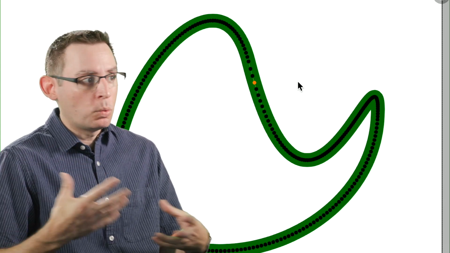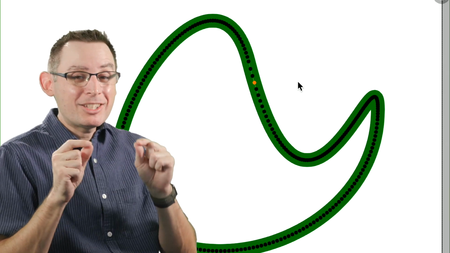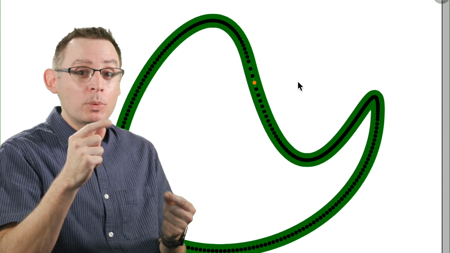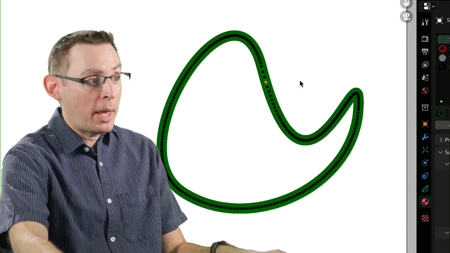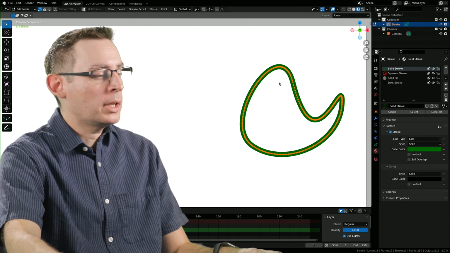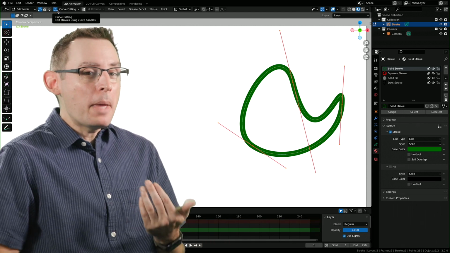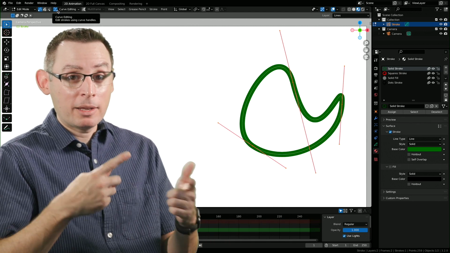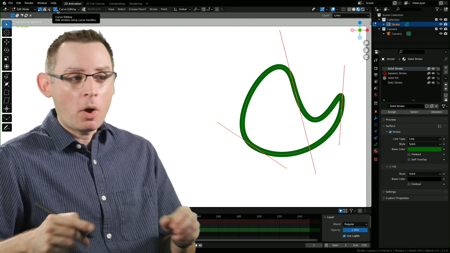Now, this isn't the end of the world. More verts is not necessarily poor or a bad way of working. It's just something you got to be mindful of, is that once we turn it off, we're not going to get those tangent handles back. We could always turn it back on again. I'm going to hit the A key to select all the verts inside of my scene. We can always turn curve editing back on, but we may not get the tangent handles back in their original location. I've seen some really wonkiness sometimes.